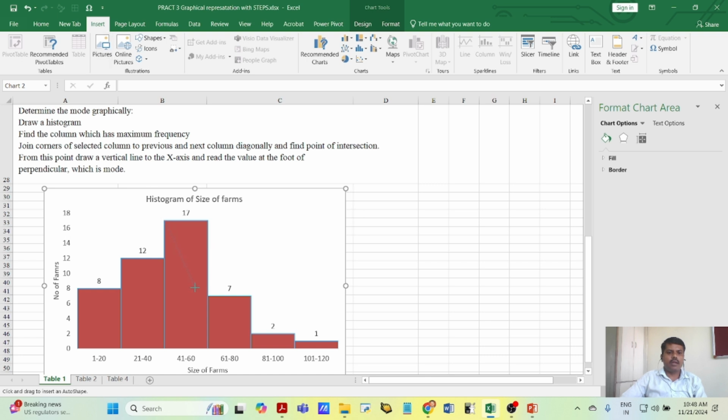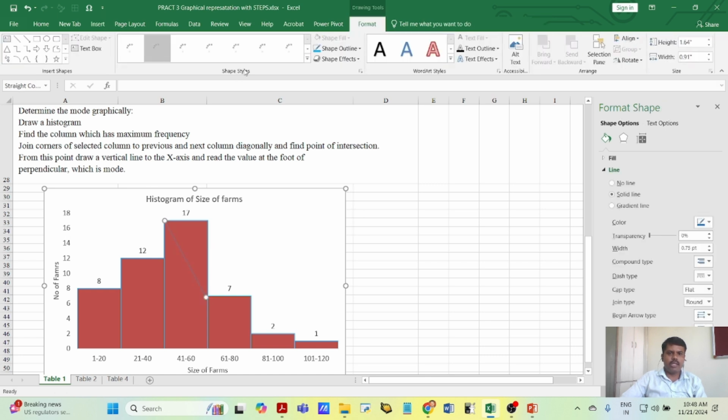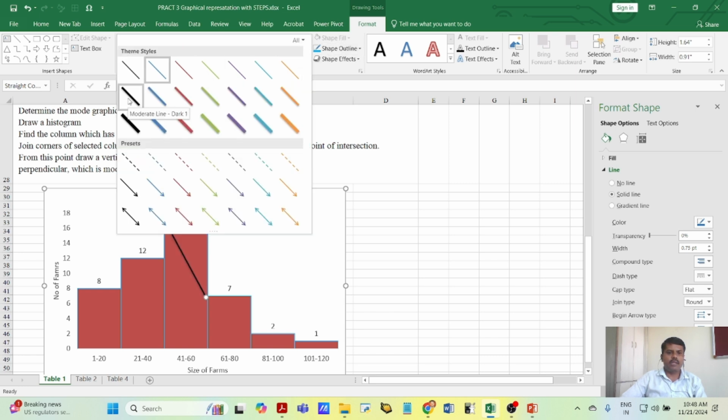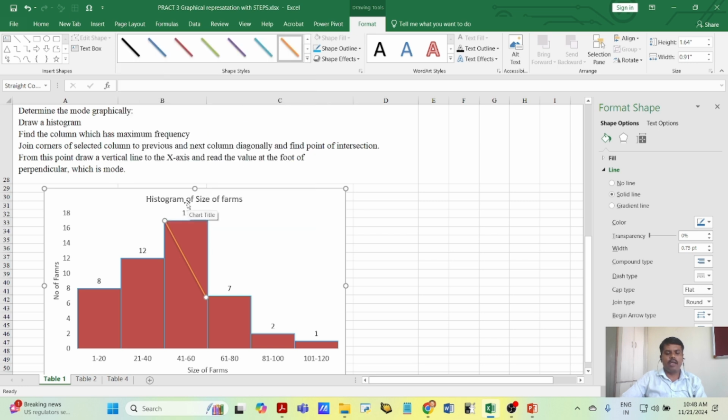I will change this color later. The color is blue here. I will change it to, let's say, black. I will select black because it is clearly seen. Green, blue, orange. Let's keep orange and just copy and paste and make another line and then join these two